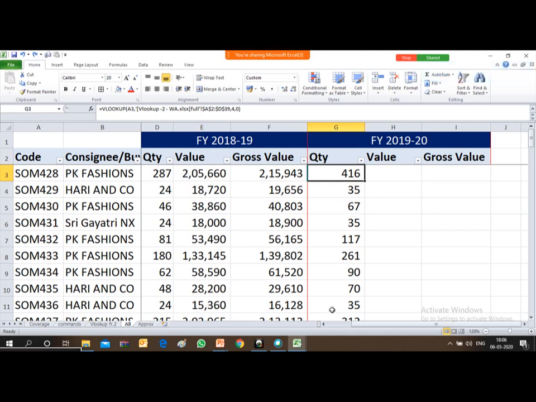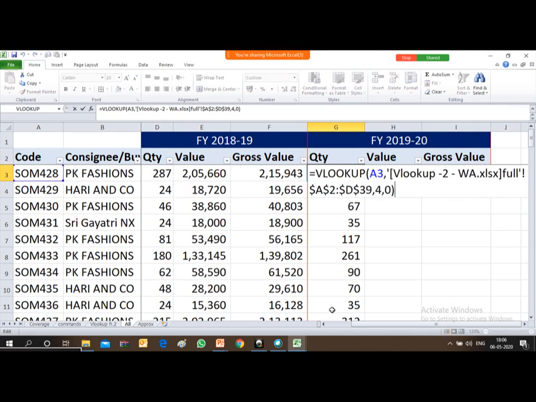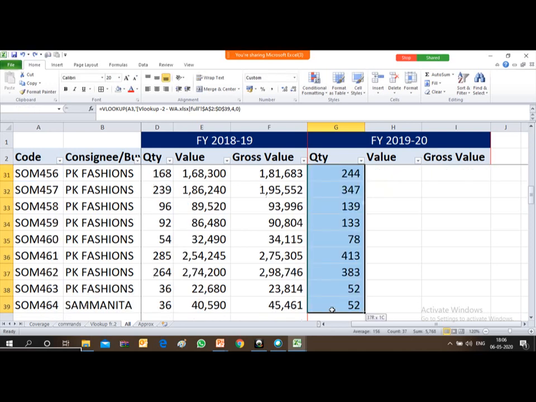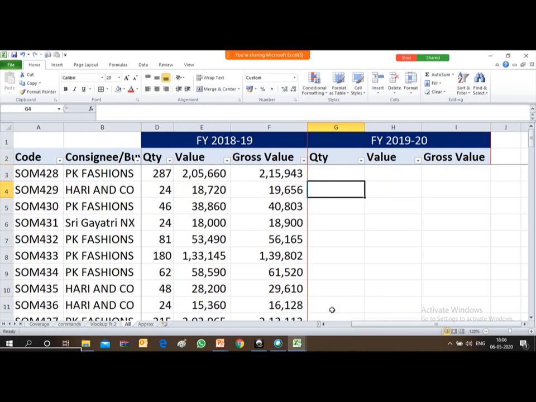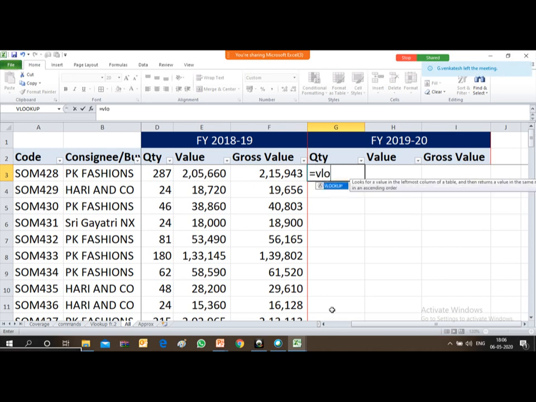Friends, after typing the formula, I just realized that instead of searching with respect to the code of the party, I want to search the value with respect to the name of the party. So I have to change the formula, or what you can simply do is type a new formula instead.